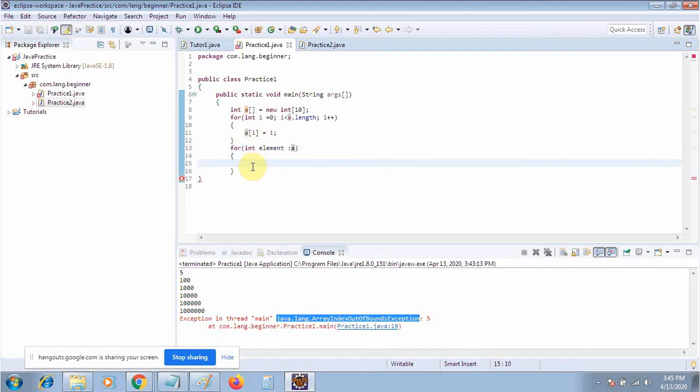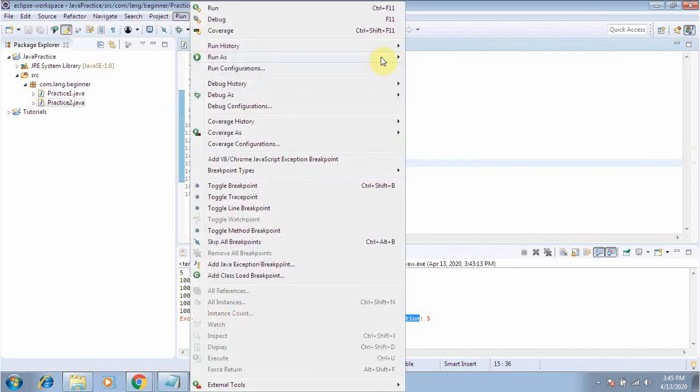Then I will use this, cout, and then I will print this element. So now this is the example where we use the for loop and for each loop together. Let's run this one.